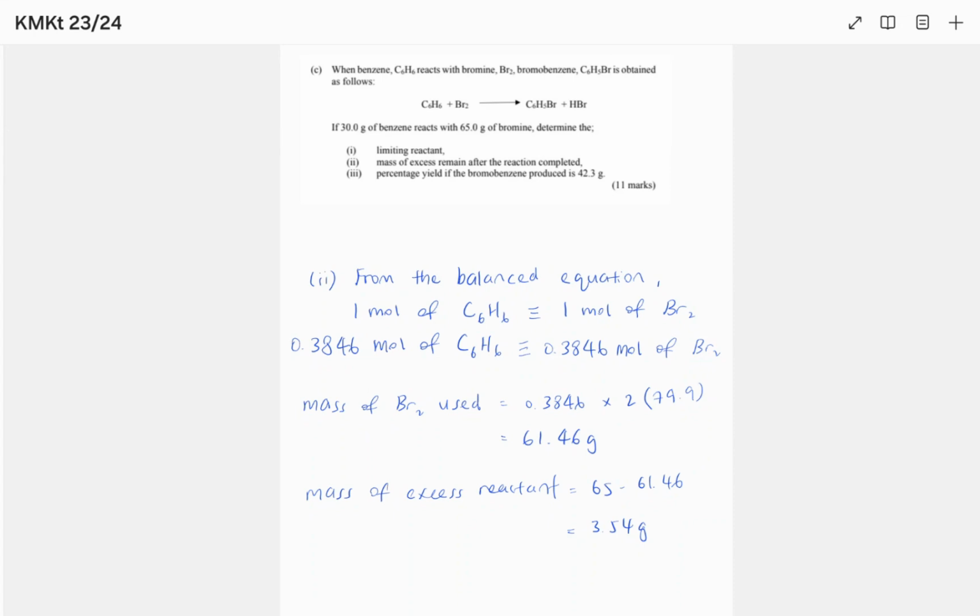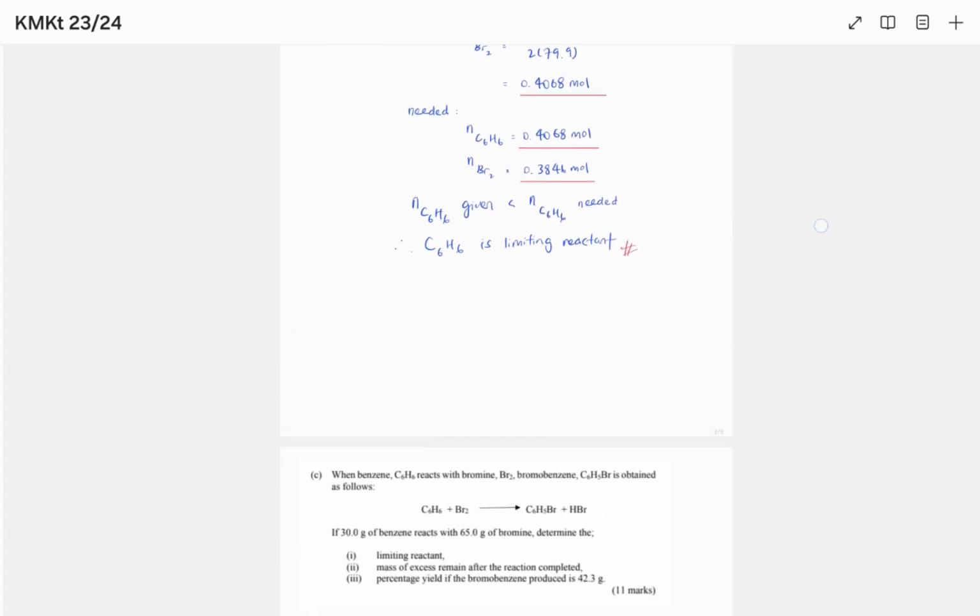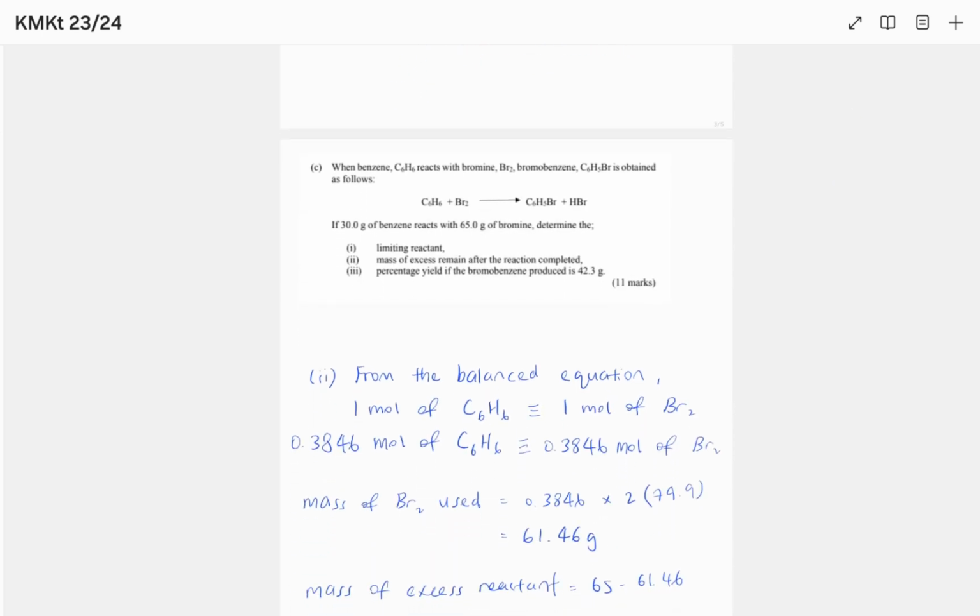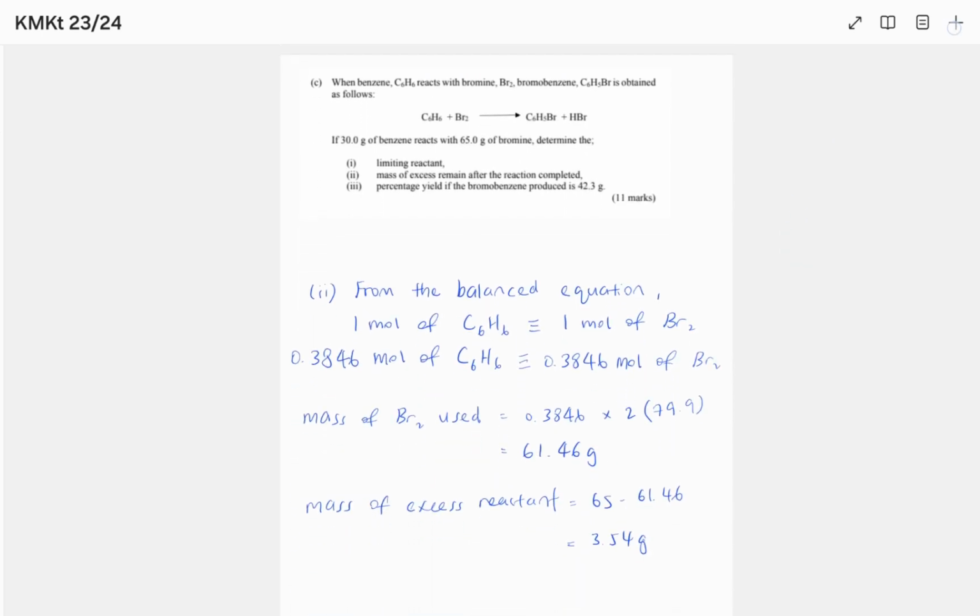And then for part 2, the question asks us to determine the mass of excess reactant remaining after the reaction is completed. From part 1, we know that the benzene is the limiting reactant, so the bromine will be the excess reactant. To find the mass of bromine, we should find the mole of bromine first. So same as part 1, from the balanced equation we know that 1 mole of benzene reacts with 1 mole of bromine. And then we will always use the mole of limiting reactant. So 0.3846 mole of benzene will react with